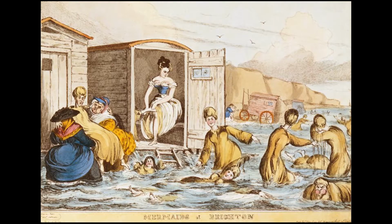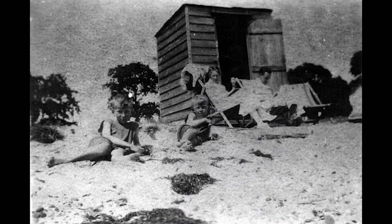In order to preserve their modesty, the Victorians used wheeled bathing machines which people would enter on dry land, change in, and then push into shallow water, as in this 1829 engraving by William Heath called Mermaids at Brighton. Beach huts evolved from these, with the first purpose-built beach huts in the UK thought to be built near Bournemouth